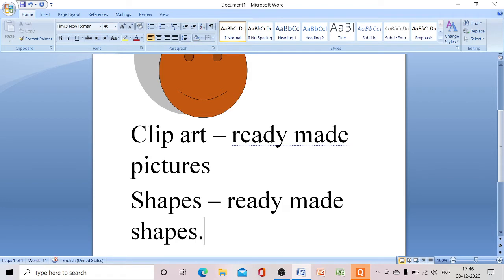This is the difference between clip art and shape. Clip art is ready-made pictures and a shape is ready-made shapes. Clear?